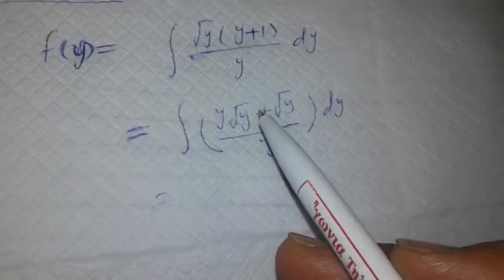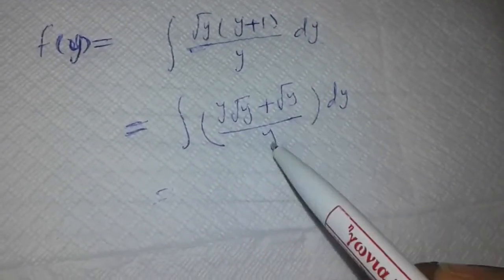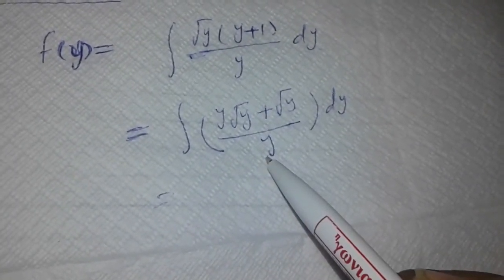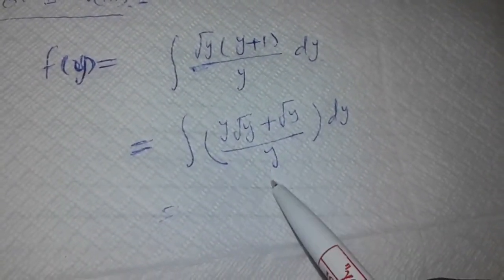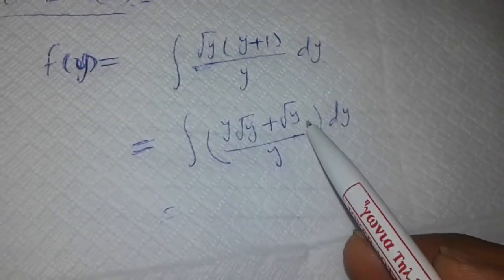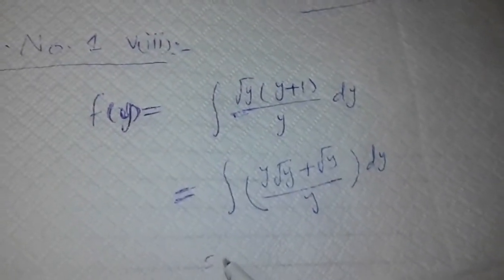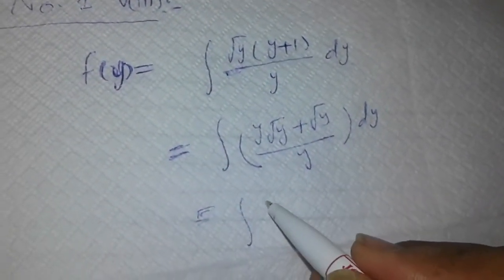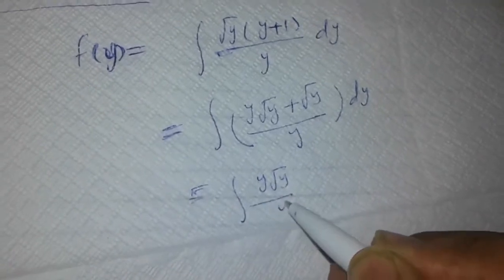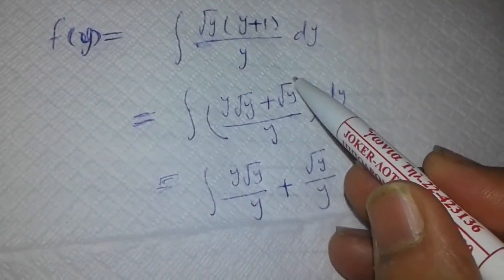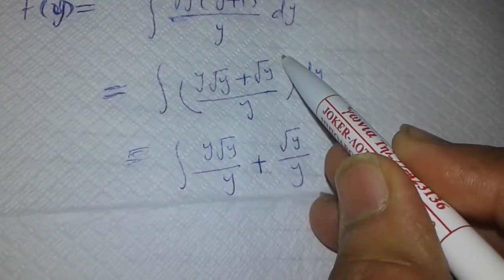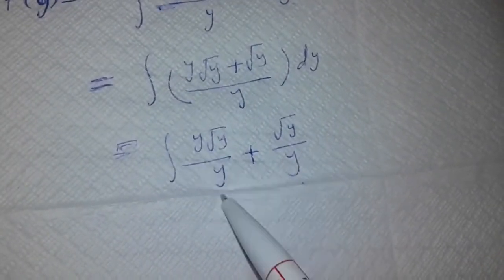Here in the numerator there are two terms and in the denominator there is only one term. So we can write it in this way: the first term in the numerator divided by the denominator and the second term in the numerator divided by the denominator. So the function will become y into under root y over y, plus under root y over y. Here is only one term in each part, and this function we split into two different terms